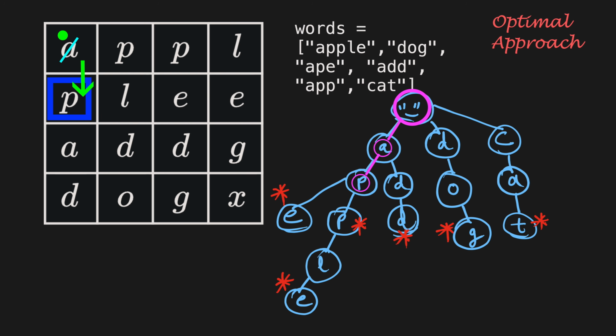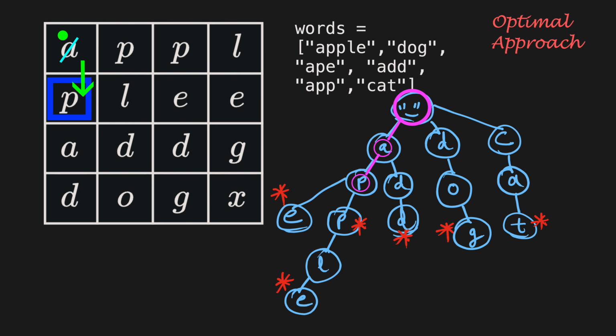So, we backtrack from here, and notice how close we were to finding words like ape or app, where our path started out correctly for these words. But the trie allowed us to prune this search immediately. We know for a fact that no word in our dictionary can be found from this path, so we stop and backtrack instantly. And this is how the algorithm is smart, because the search is based on the path and not on a